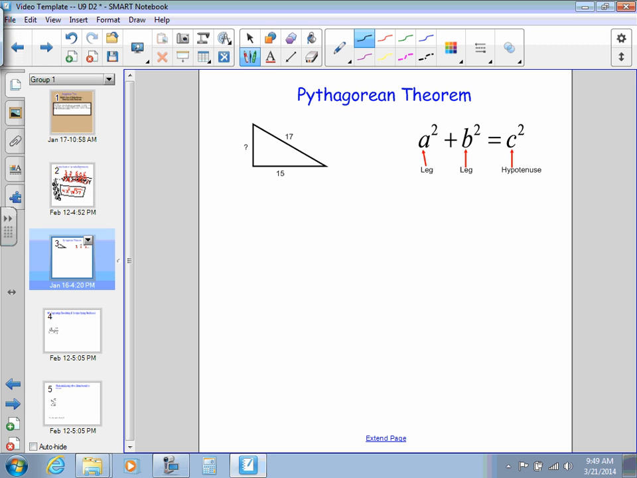Pythagorean theorem. The Pythagorean theorem tells us that if we have a right triangle, then the square of one leg plus the square of the other leg will equal the square of the hypotenuse. So let's see here. A leg is a side that's adjacent to the right angle. So both of these are legs. And the hypotenuse